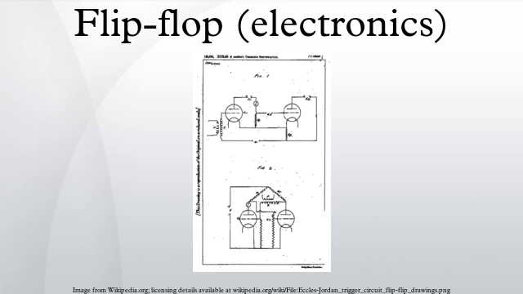Setting J equals K equals 0 does not result in a D flip-flop, but rather will hold the current state. To synthesize a D flip-flop, simply set K equal to the complement of J. Similarly, to synthesize a T flip-flop, set K equal to J. The JK flip-flop is therefore a universal flip-flop, because it can be configured to work as an SR flip-flop, a D flip-flop, or a T flip-flop. The characteristic equation of the JK flip-flop is, and the corresponding truth table is,